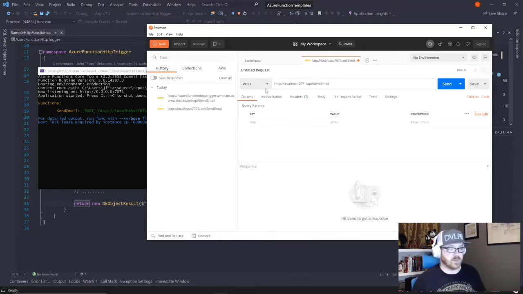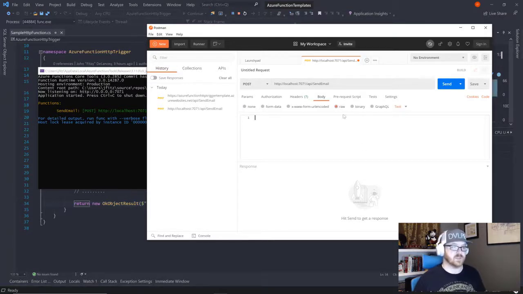Instead, what I'm going to do is paste that URL in here. I've changed it to a post request because our function only accepts post requests. And then what I need to do is, because our application is going to be expecting a JSON object, I'll select a raw body and build a simple JSON object. So that object is going to be the to address for an email. So we'll just say bob@example.com, and the subject is also expected. So hello from Azure Functions,